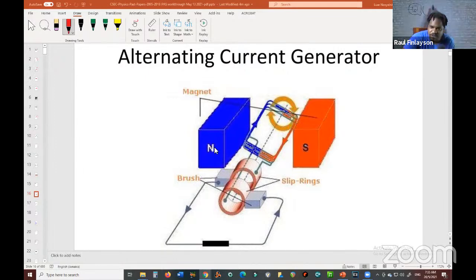Usually the north pole is red and the south pole is blue, but this person is trying to break tradition. Whatever, it is telling you that you need two poles, a north and a south pole of a magnet, and of course,